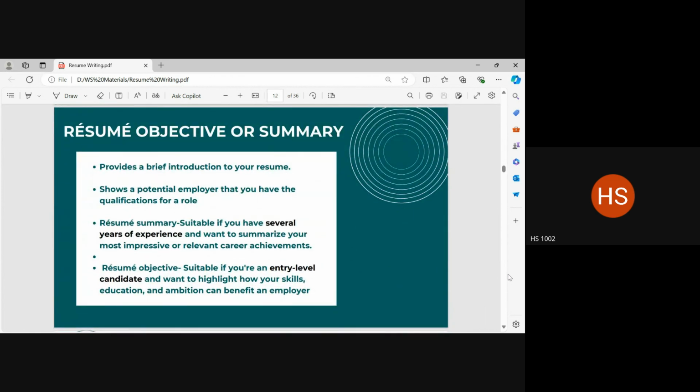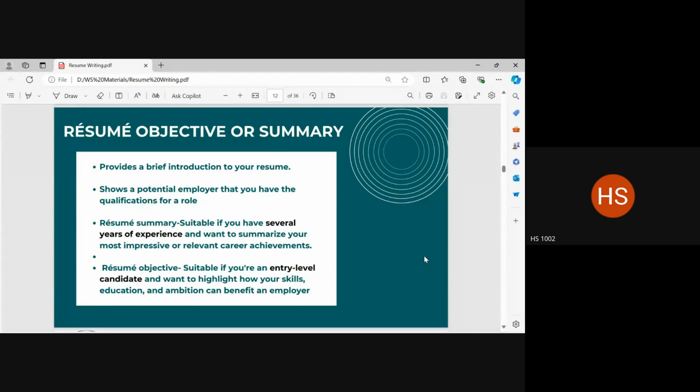Okay. Before that, we had already seen that there is something called a resume objective or a resume summary. There is a small difference between the two. A resume summary is used if you have several years of experience and you're trying to summarize all of these years of experience into a short paragraph or a few points, right?